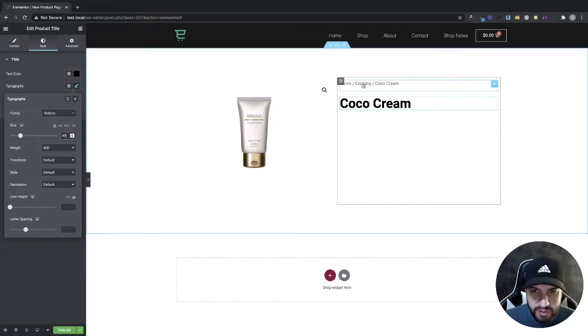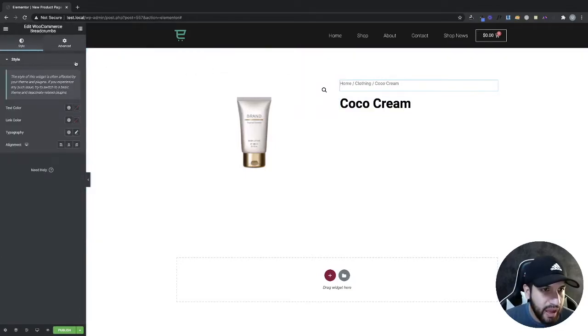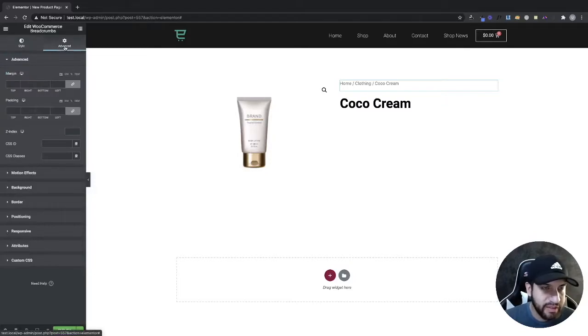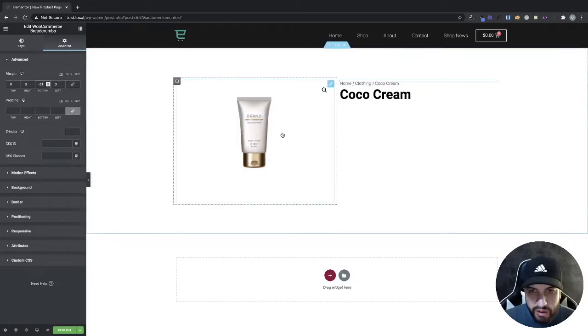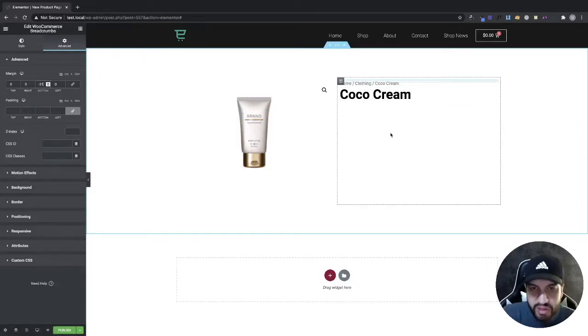As you can tell, there's some spacing here, right in between our breadcrumb and our product title. So I want to eliminate this spacing. So go ahead and click on your breadcrumb element here, and then go into Advanced, and then go to your margins, and then from the bottom we want to go all the way down from the negative until we bring our product title right above our breadcrumb, just like this, and we just leave a little bit of spacing there. Now go back to your elements,